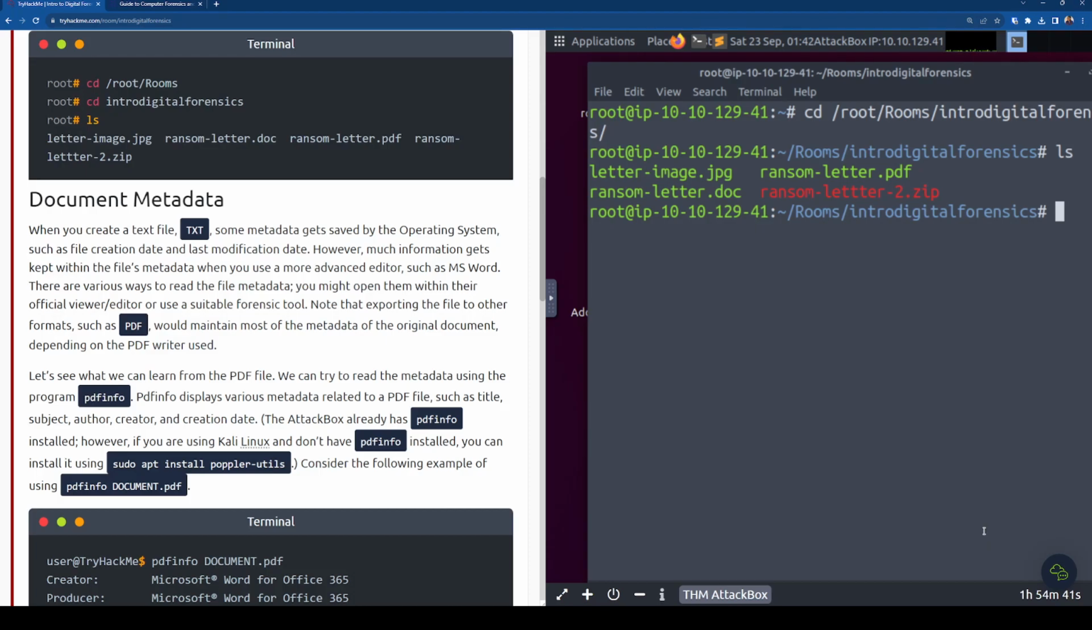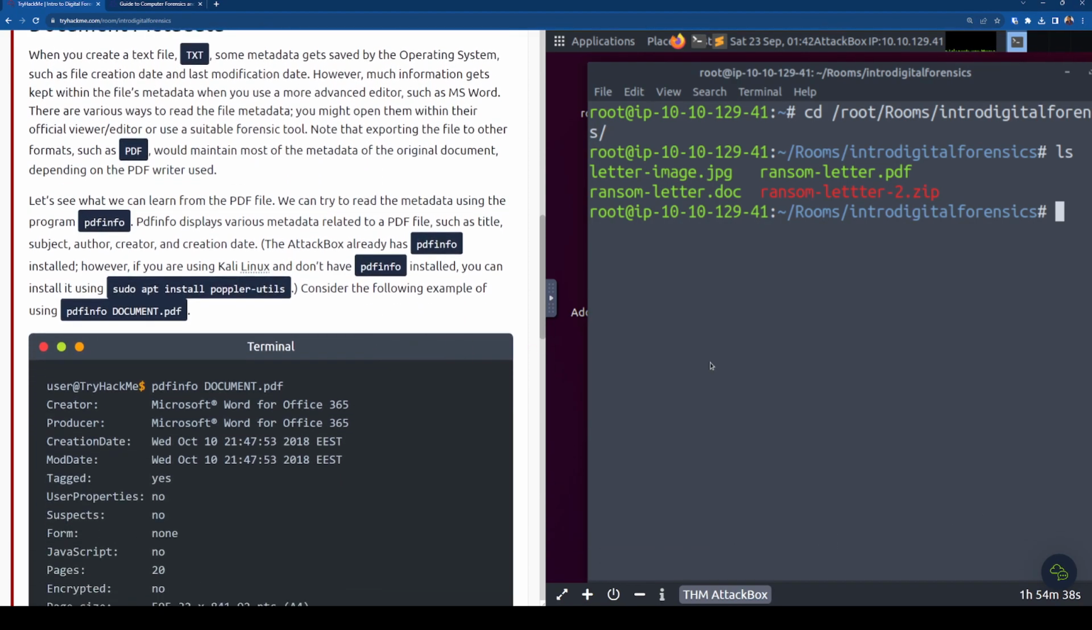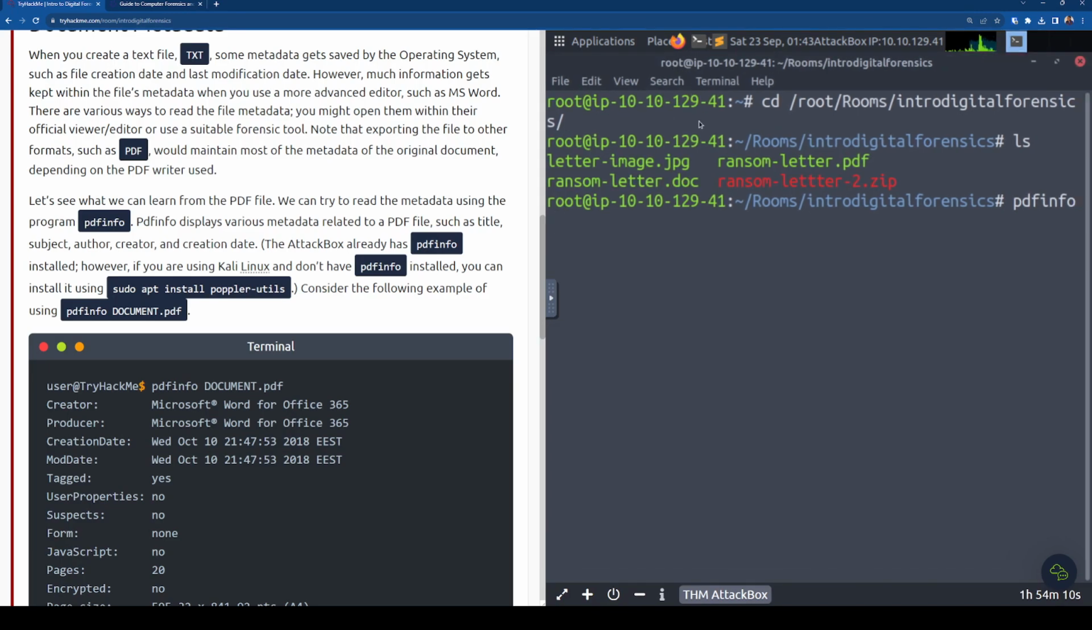Let's see what we can learn from the PDF file. We can try to read the metadata using pdfinfo. pdfinfo displays various metadata related to a PDF file, such as title, subject, author, creator, and creation date. And it looks like our attack box already has pdfinfo installed on it. So let's go ahead and do pdfinfo. Yeah, I do need to make it smaller. Okay, never mind. You can see that. pdfinfo on our ransom letter